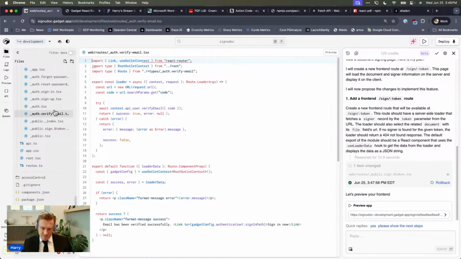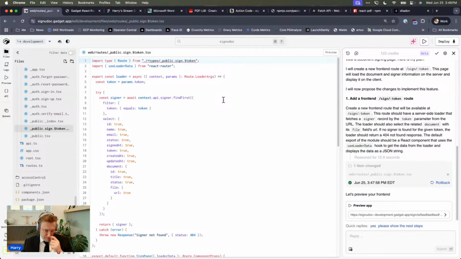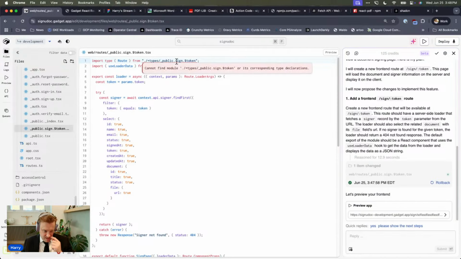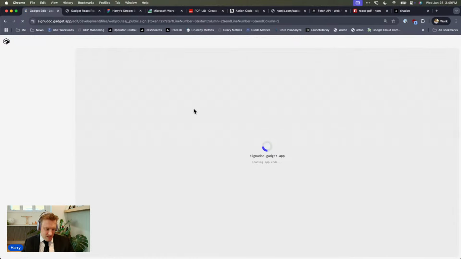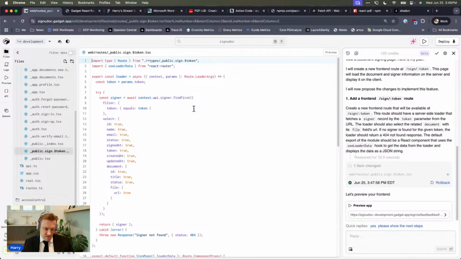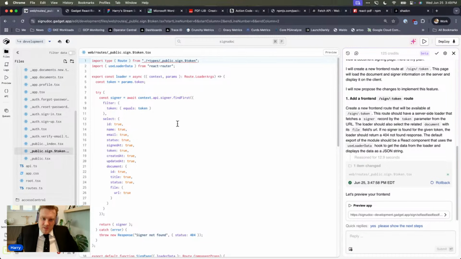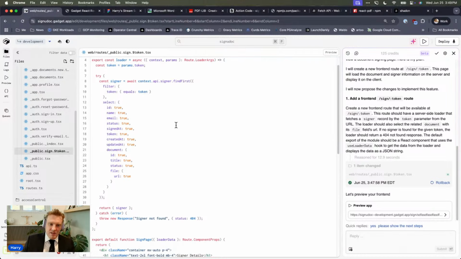Huh? What's your problem? That's the right path, isn't it? Plus types, auth, verify email, public sign token. I think this is that same type generation issue from before. Anyways, the reason why I was so specific about this loader situation is that I really don't want to